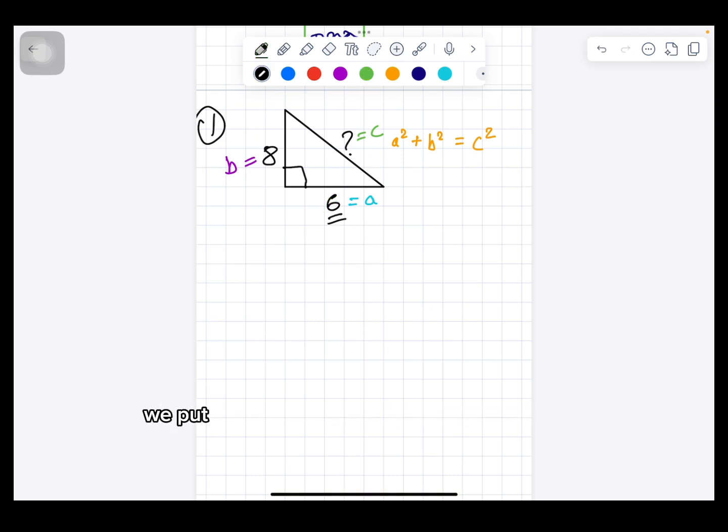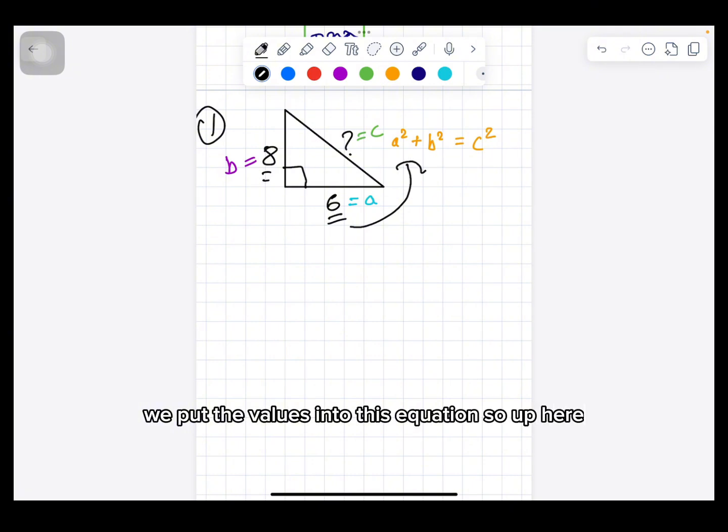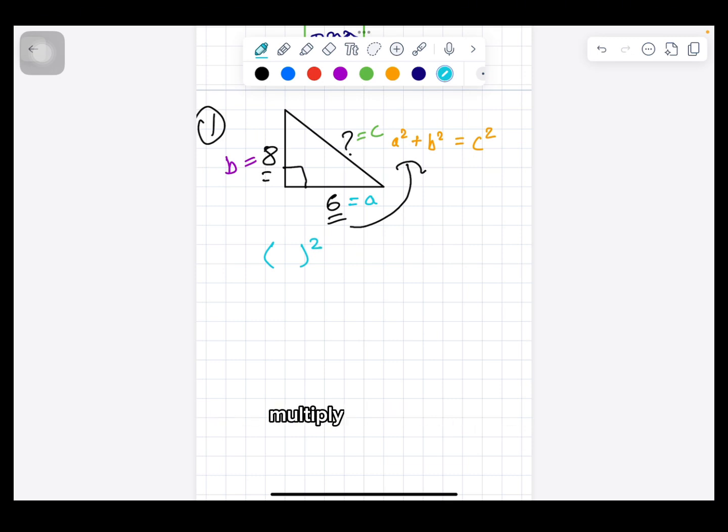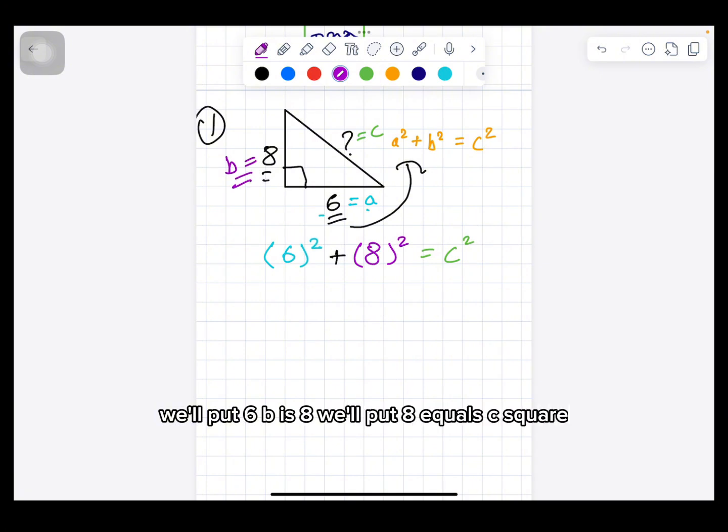We'll put the values into this equation. So up here, the first one is our a squared, which will be this bracket. Then we'll have our second bracket, and then our third bracket, which is equal to c squared. As we know, our a is 6, so we'll put 6, b is 8, we'll put 8, equals